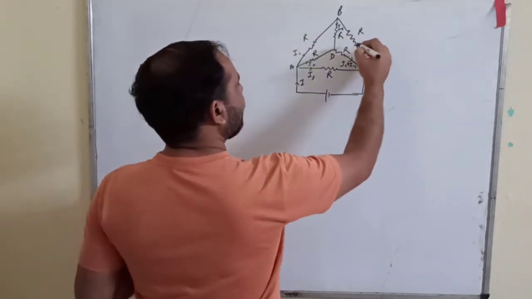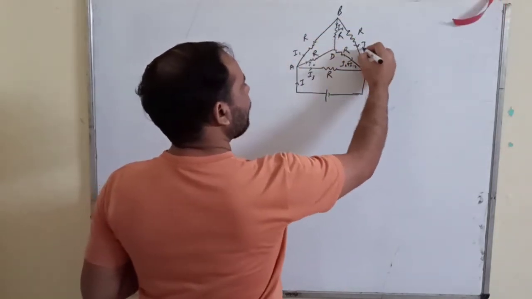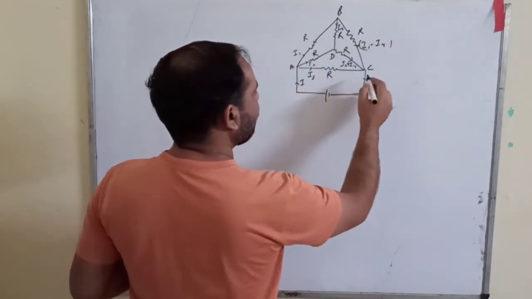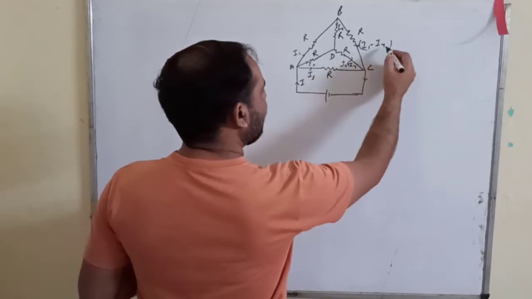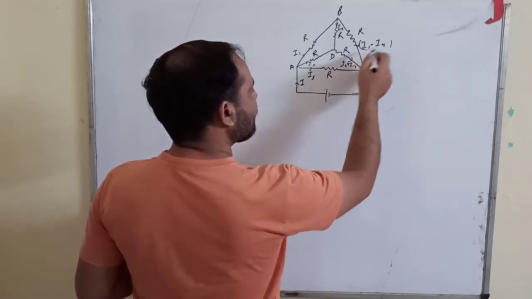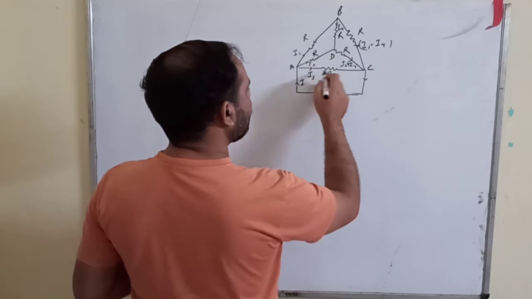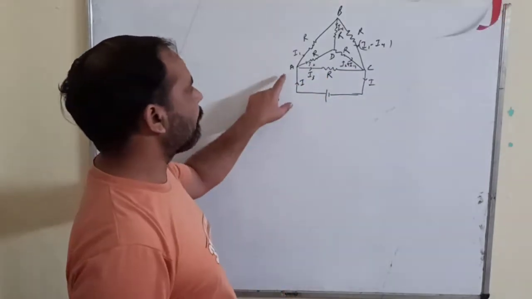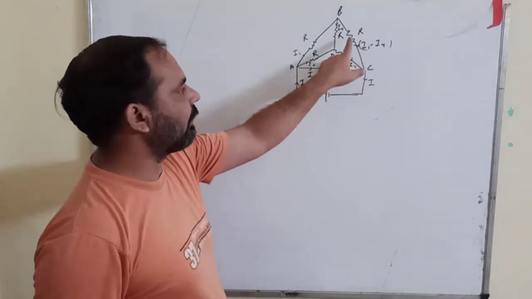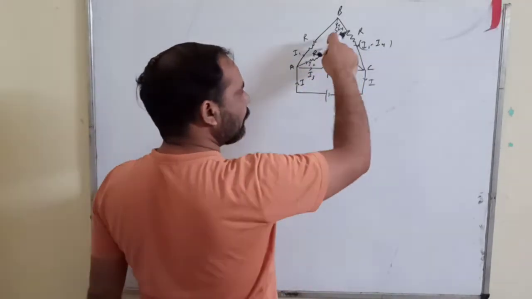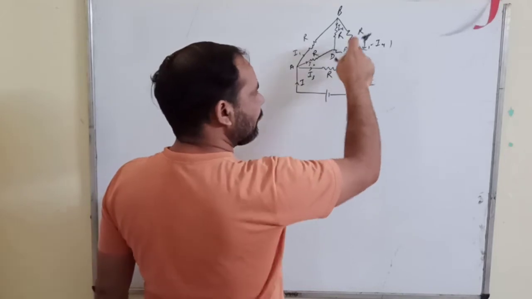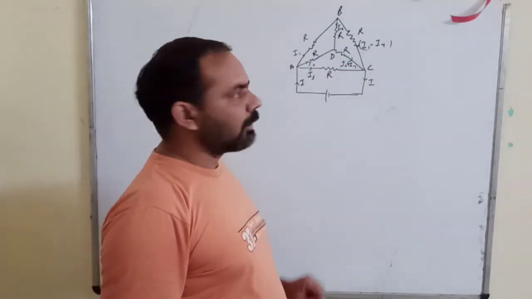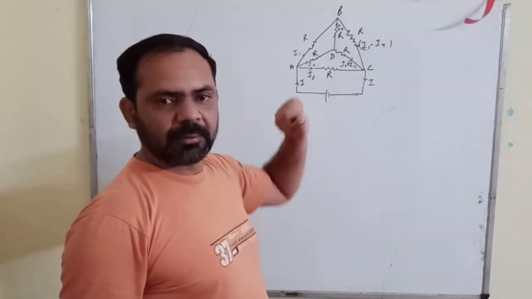Here the current would be, this is I1 and I4 goes here, I1 minus I4, and here they again combine with each other. I1 minus I4 plus I4 cancel, so I1 plus I2 plus I3, and that is your I again. Here this is your I1 minus I4, I2 plus I4, I3. When you add them, you get I1 plus I2 plus I3, which is equal to I. So this way you have marked the current values.